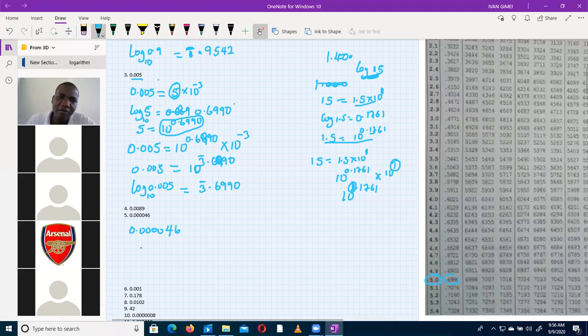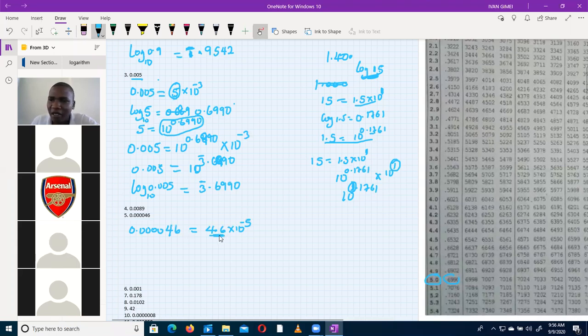This in standard form is the same as, can somebody tell us what this is? 4.6 times 10 to the power -5. That's what we have. So then I go and look for the logarithm of 4.6 from the table. The first 2 digits, 4.6, they are here. What's the next digit? It is not there. So what do we do? We take the one of 0, which is this other one here,